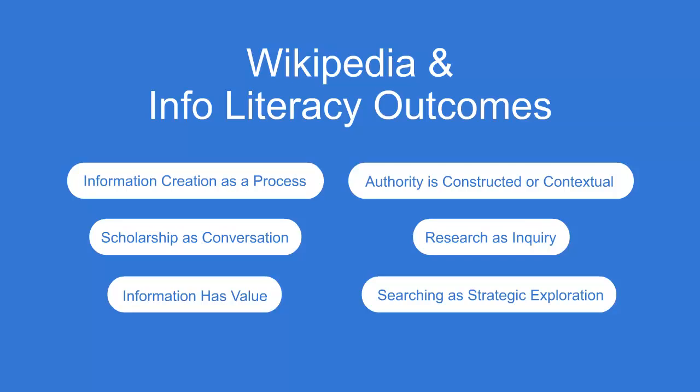Authority is constructed or contextual, which challenges the concept many have that expertise exists in a vacuum. Democratizing curation and revision challenges those concepts of authority as existing only in academic spaces, closed off to people who cannot access them or choose not to. Providing links to different types of sources in a single entry exposes visitors to how authority might look different for one topic or one subject from another. It helps us evaluate our biases as well as the sources of information themselves.